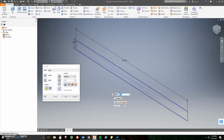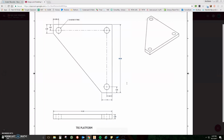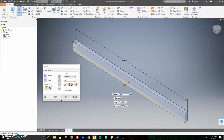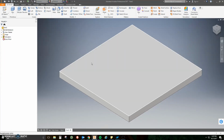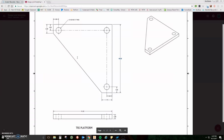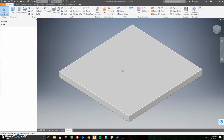We now need to extrude it. And if you look at the instructions, it says the extrusion right here goes back to a depth of 46 inches. So I'm going to go ahead and punch 46 in right here, and I'm going to end up with this huge rectangle. Now ours is going to be triangular in shape, as you can see from the picture. So I'm going to draw a diagonal line going all the way across from the left-hand side to the bottom of that rectangle. So I'm going to start a new sketch on the top,